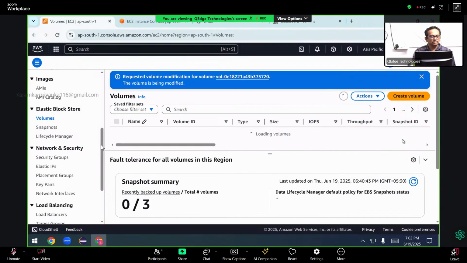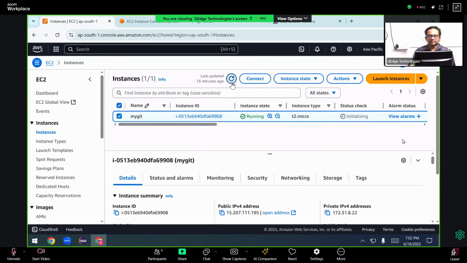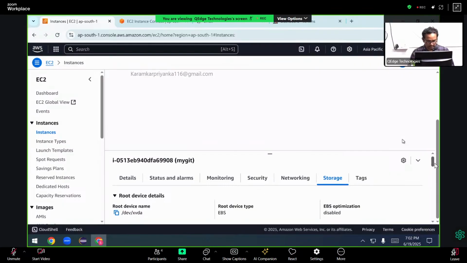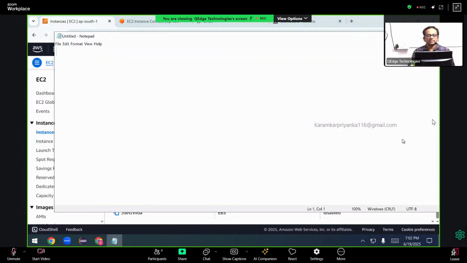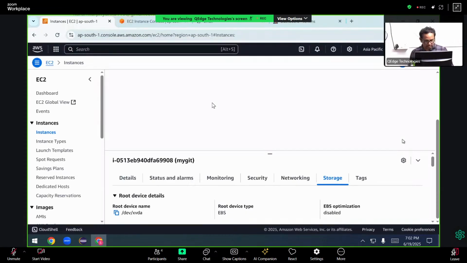Let's go to the instance. Let us refresh. We're looking at the storage. So no issues at all. If it is not working, we will try at the latter side because I don't want to waste your time. So on the fly,